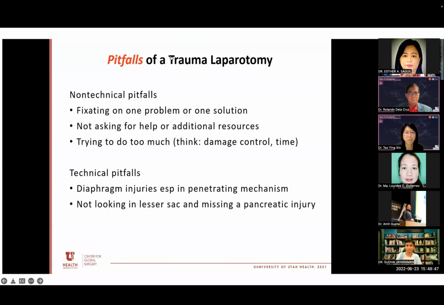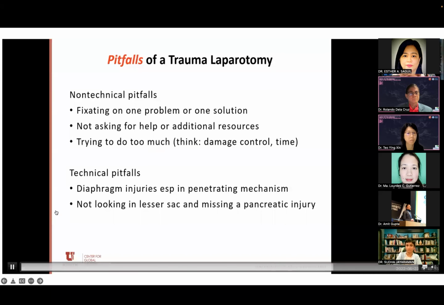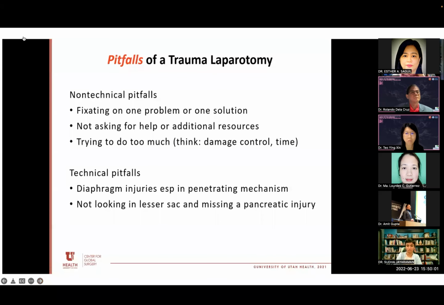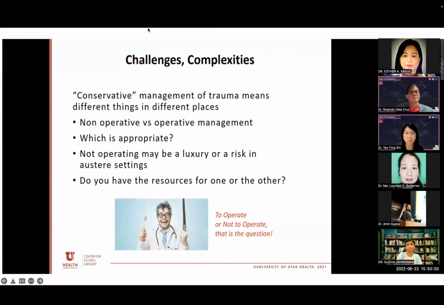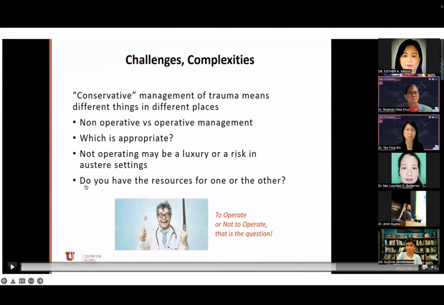Other technical pitfalls I mentioned: not looking in the lesser sac and missing a pancreatic injury. Obviously, pancreatic injuries can be quite devastating, so it's important, even if everything looks good anteriorly, to not forget to look at the posterior wall of the stomach and the pancreas. Lastly,